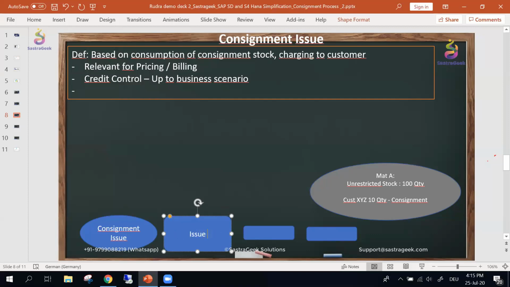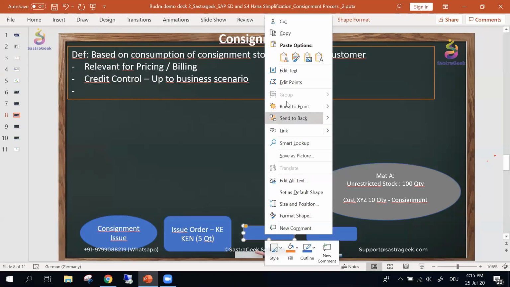Let me keep it simple. Issue order, the document type, because the system needs an identifier, is called KE. Item category is known as KEN, and let's imagine the quantity is 10, and we issue 5 quantity. Because this is a 5 quantity, subsequently when I do the delivery,